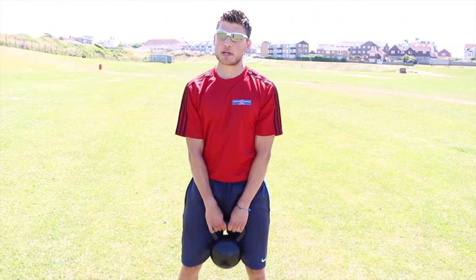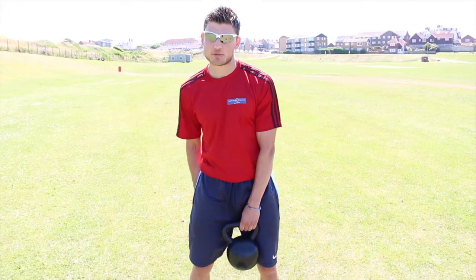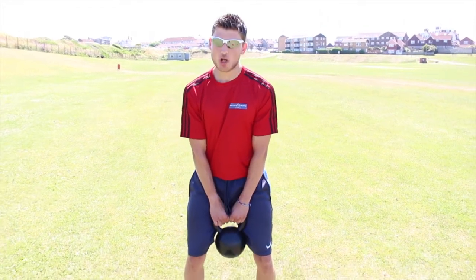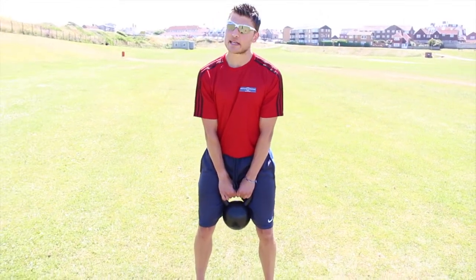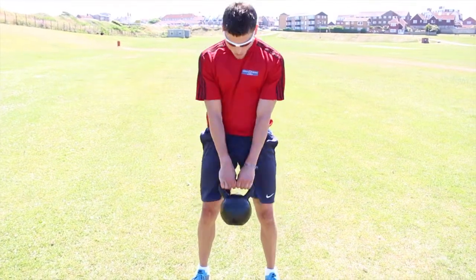We're then going to go into the swing part of the motion. Okay, so the swinging part of the kettlebell swing. People tend to think you need to be using your shoulders and your arms in this movement, but in fact it's all explosive power through the posterior chain. Like we said, the hamstrings, the glutes, the lower back. So you've got a slight bend in the knee, feet are hip width apart, extend the hips,